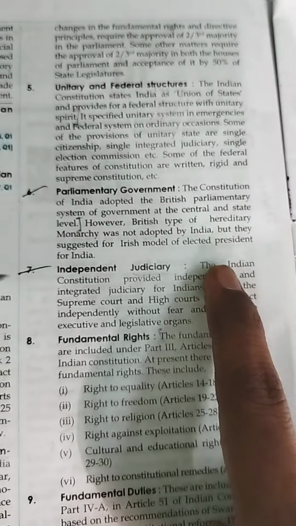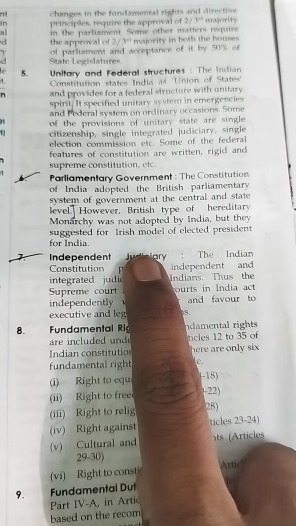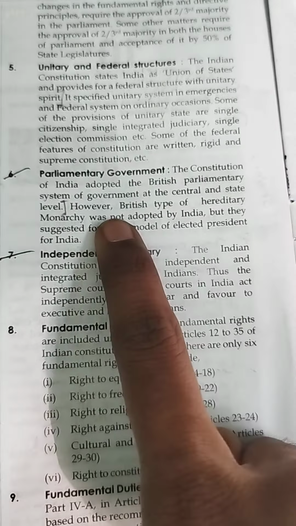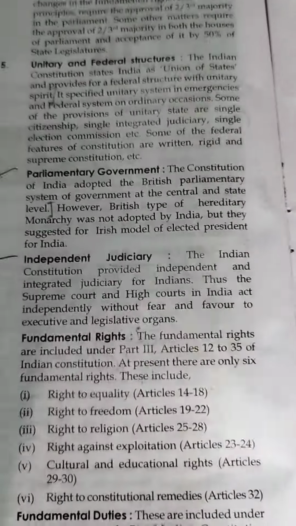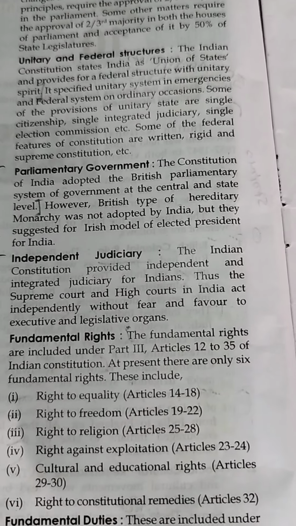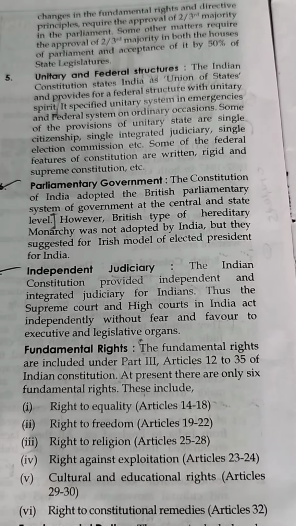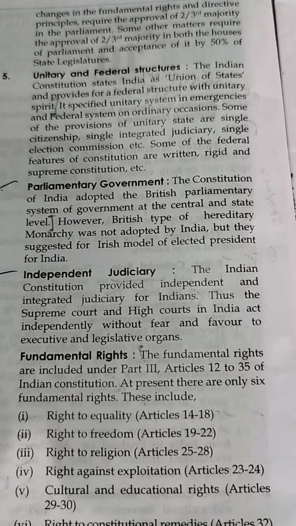Parliamentary government. The Indian Constitution adopted the British parliamentary system of government at the central and state level. We all know that in the early 1900s the British came and ruled, occupying India totally, both central and state. However, we got independence in 1947. After that,